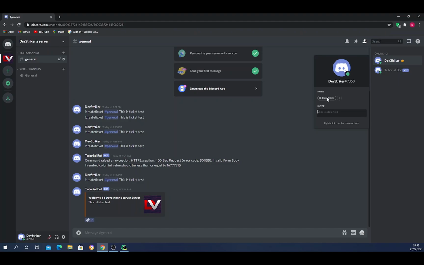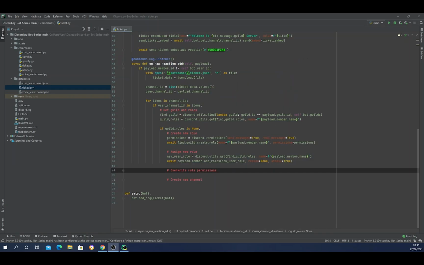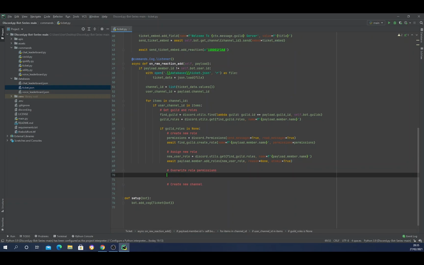So it created a new role with my name here. So yeah, that seems to work. Now let's go ahead and finish off the remaining parts. I'm going to push enter here, and before that, for the override, I'm going to take a new role. I'm going to call this admin role